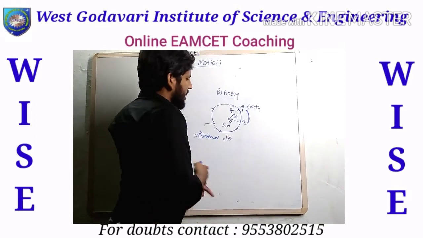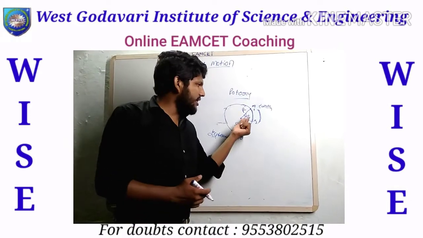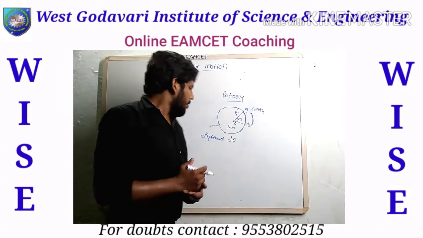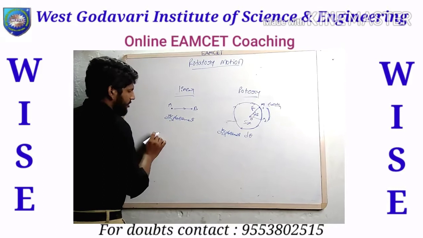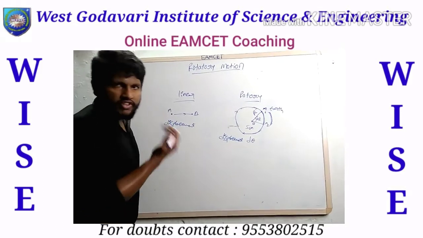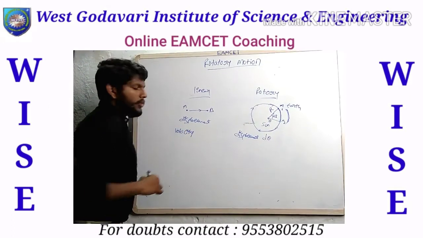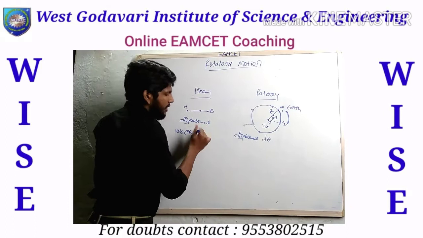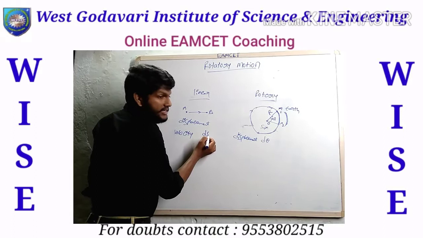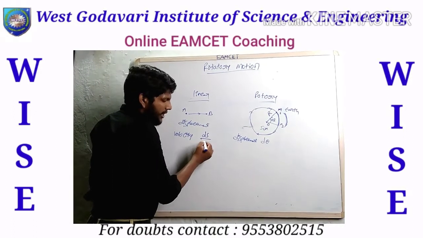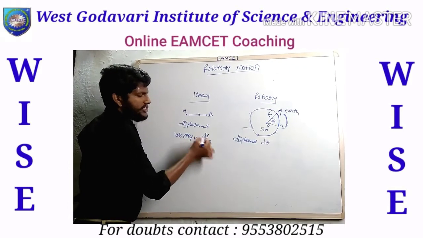We can simply calculate it in the form of radians. Okay, not radius, it's radians. Radius is the distance and radians is the angle, right? So that is d theta. Now we know the rate of change of displacement. That is velocity. What is velocity? Rate of change of displacement. Change means A to B. That is ds, change in s with respect to time, dt. This is the velocity: v equals ds by dt.